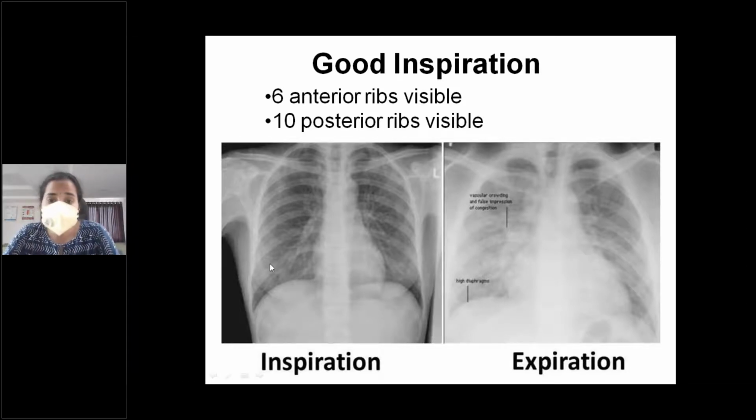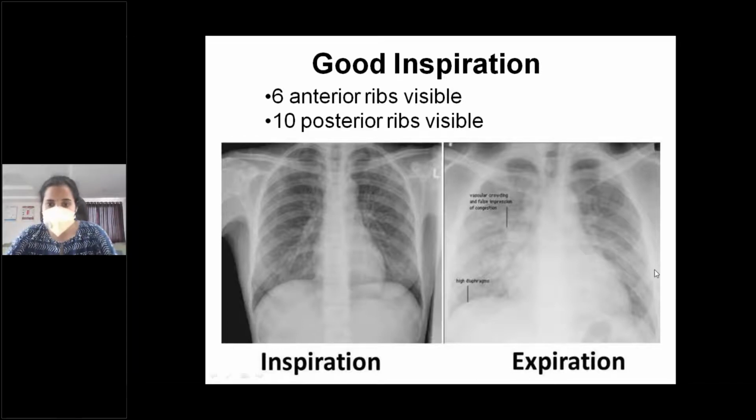Now on an expiration film, it is just the reverse. What is actually happening here is that the vertical diameter of the hemithorax will be reduced, and the anterior ribs, somewhere between 3 or 4, will be visualized, and posterior ribs somewhere below 8. Below 8, if it is visualized, you can call it a film taken in expiration, or even a mid